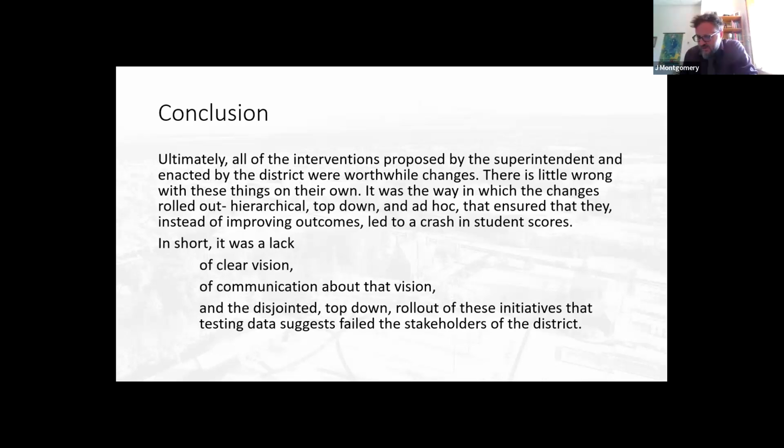The lesson, echoed in the literature, is one of clarity of purpose, clear communication of the goals, and solicitation of teacher input throughout. So the key to success for superintendents, even when initiating a lot of new proposals, is that it has to have a cohesive and clear vision, and this has to be communicated to teachers in order for them to accept it and to incorporate it into their classrooms.